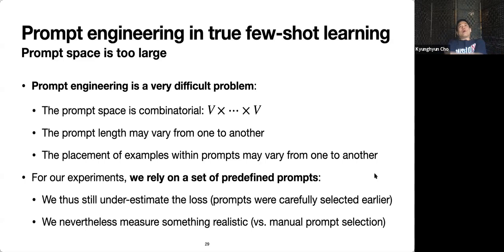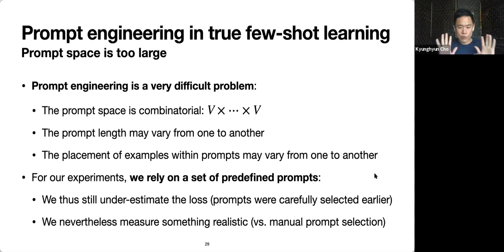So one of the difficult parts about prompt engineering is that it is inherently a very difficult problem. The space of prompts is combinatorial. It's just like natural language. The space of prompts is identical to the space of natural language. It's gigantic. And then, of course, because prompts are just natural language, their lengths vary from one to another, which makes it really tricky to do any kind of optimization. And also, we have to even decide what is the right way to present the examples, those few examples. It's so difficult. This space is very complicated.